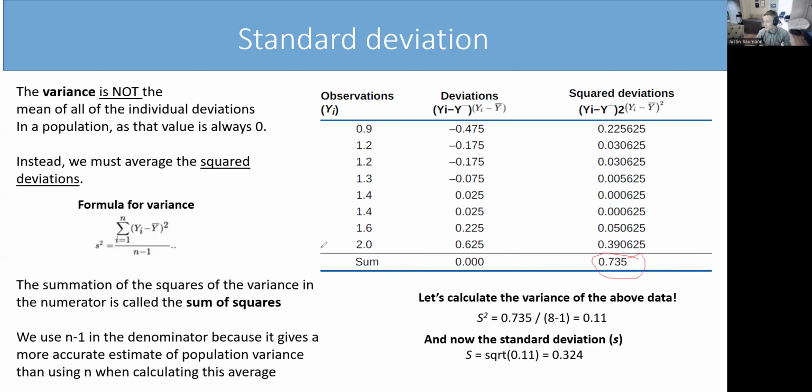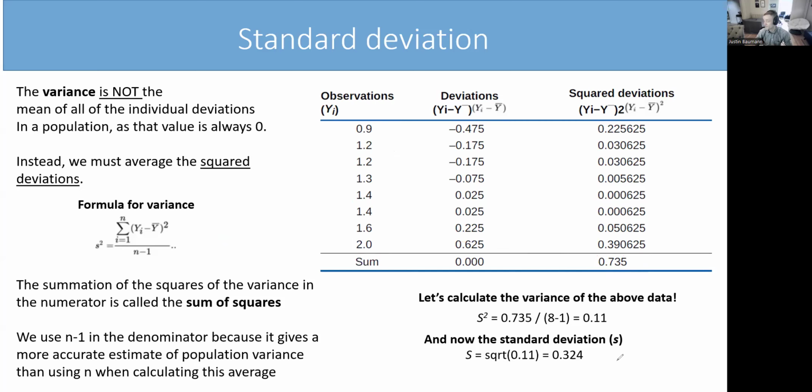0.735. So that goes into the formula over here. We divide by n-1, which is a total observation number of 8 here. Minus 1 is 7. So 0.735 divided by 7 is 0.11. That's our S squared. And then we're going to do the square root of that to get our standard deviation,